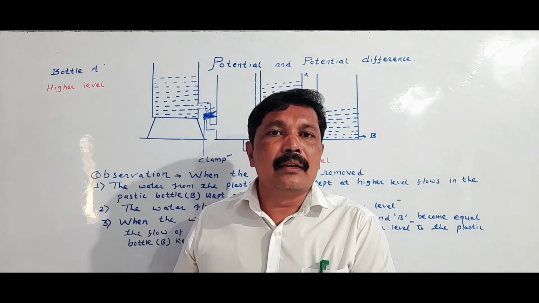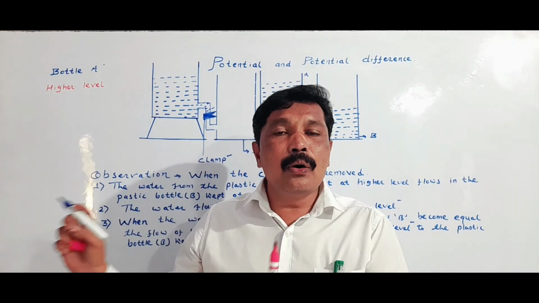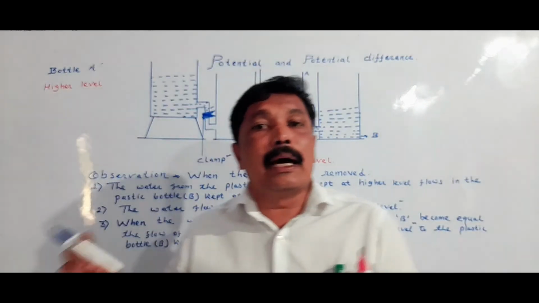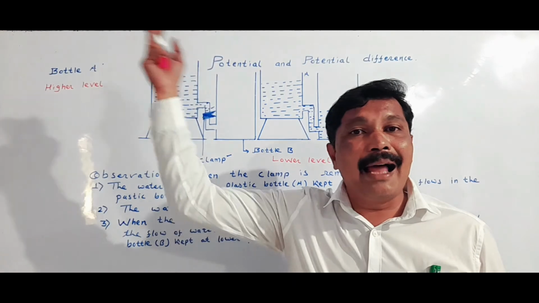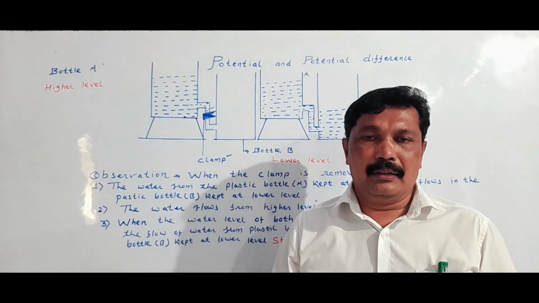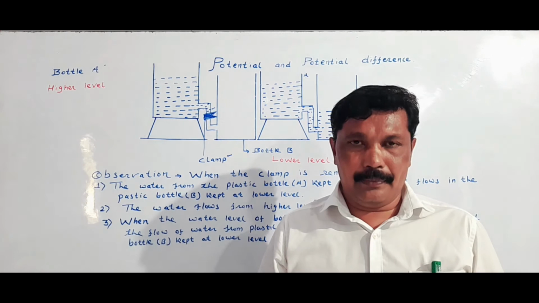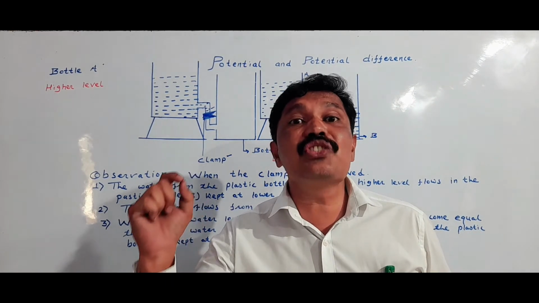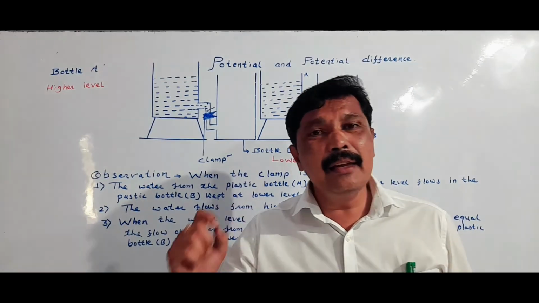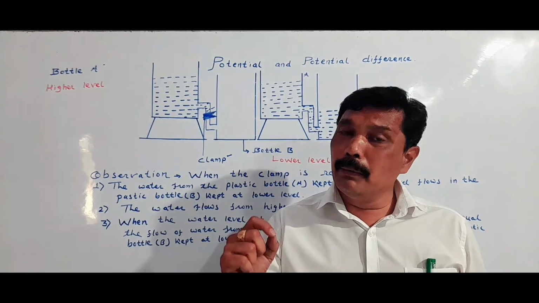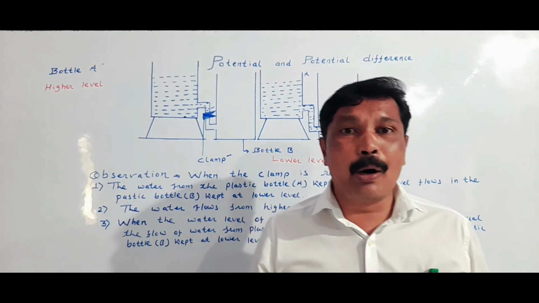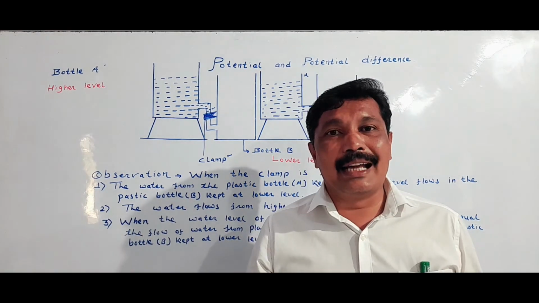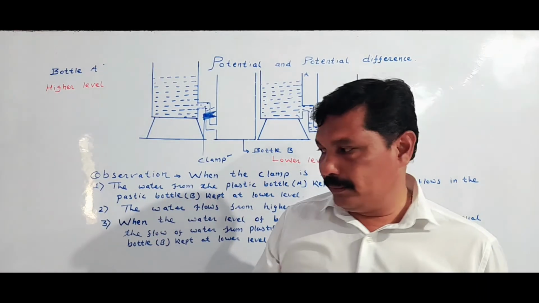My dear student, we are studying the flow of water. In this experiment, we come to the conclusion that water always flows from high level to low level. In the same way, the flow of electric charges in a conductor between any two points depends upon electric level, and this electric level is called electric potential.